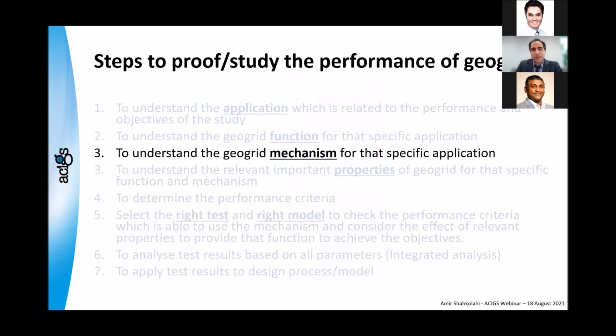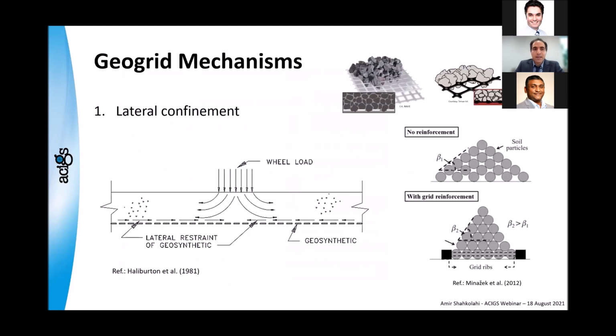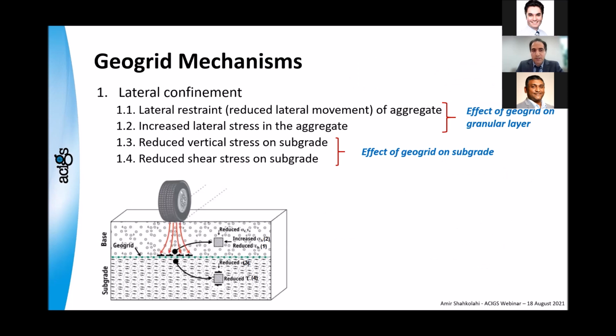Now, next, we understood the application, and based on the application, the function, let's see the mechanisms that can help us. We all know about the mechanisms of geogrid in road and railway. The main mechanism of geogrid, regardless of the type of geogrid, is lateral confinement. It is very simple, based on interlocking and friction. Depending on the geogrid, we have lateral confinement of the particles, and then it controls the lateral movements of the gravel. That's why we achieve less deformation and all the other benefits, which we can see in the next slide.